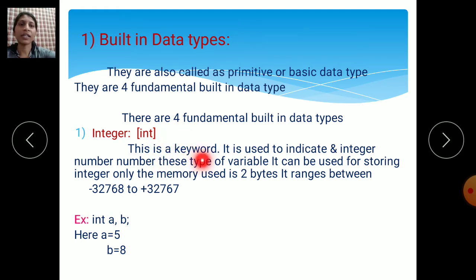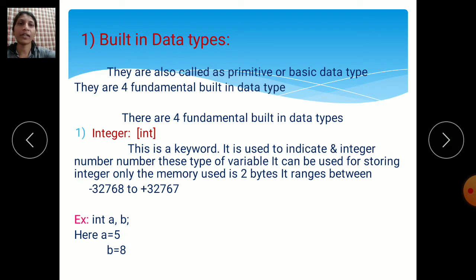This is a keyword. So int is a keyword also. It is used to indicate an integer number. With the help of a data type we can declare the variables in programs. So we will declare the int data type.